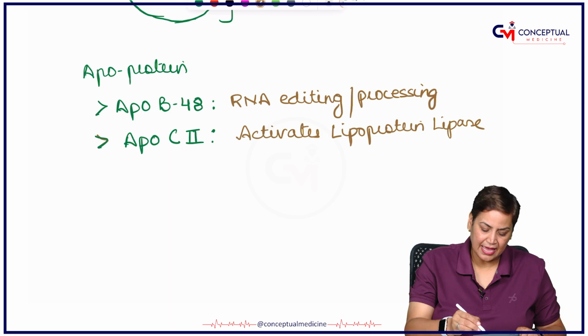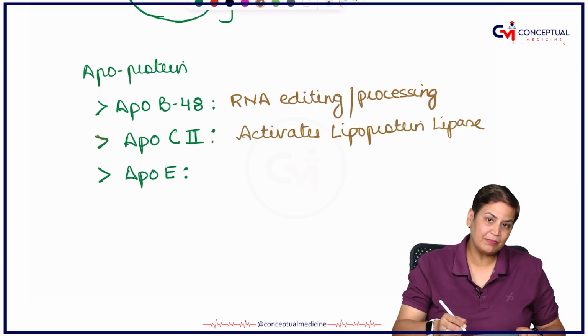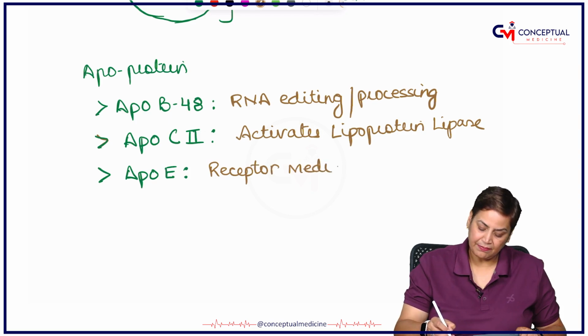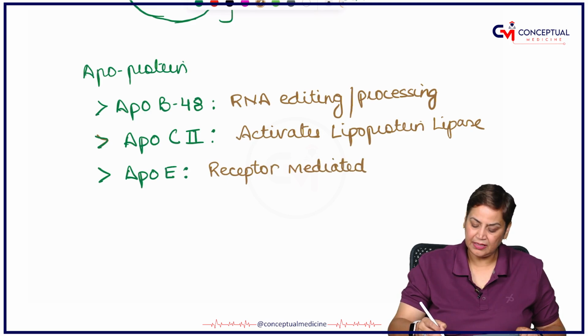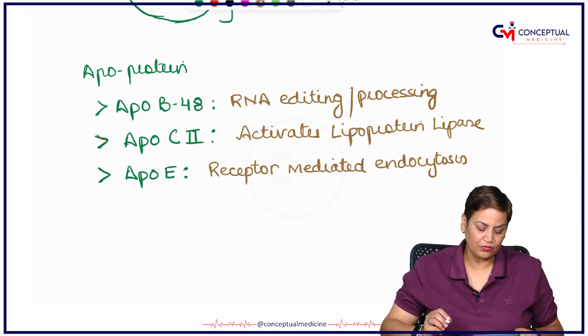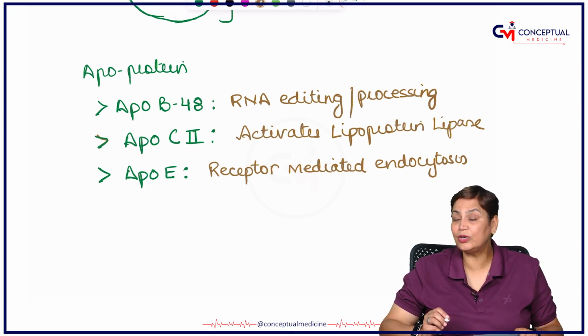Third is Apo E, and Apo E is responsible for receptor-mediated endocytosis. We are going to discuss the functions of these apoproteins,